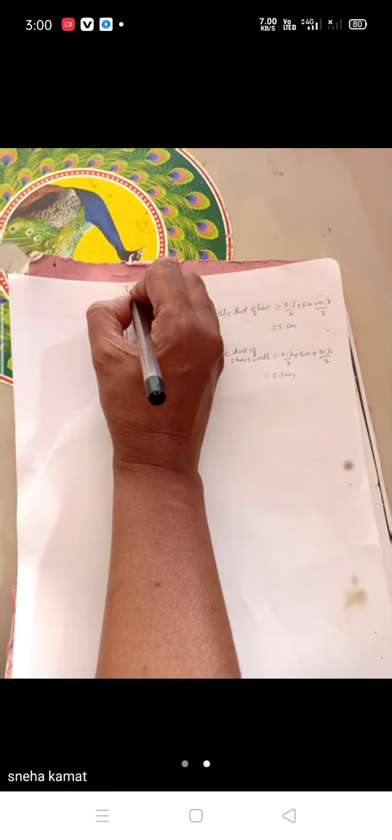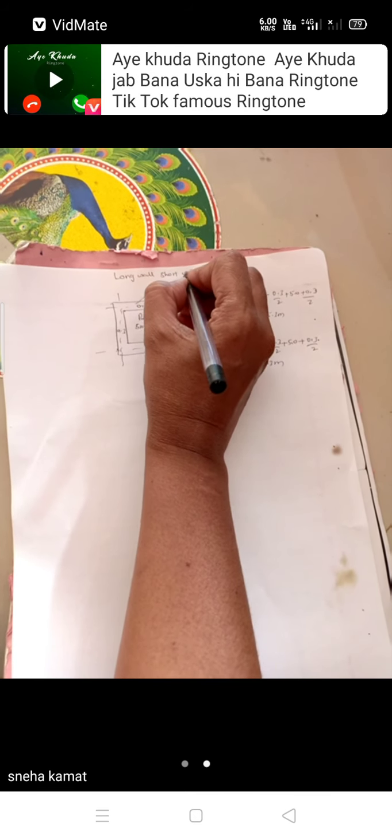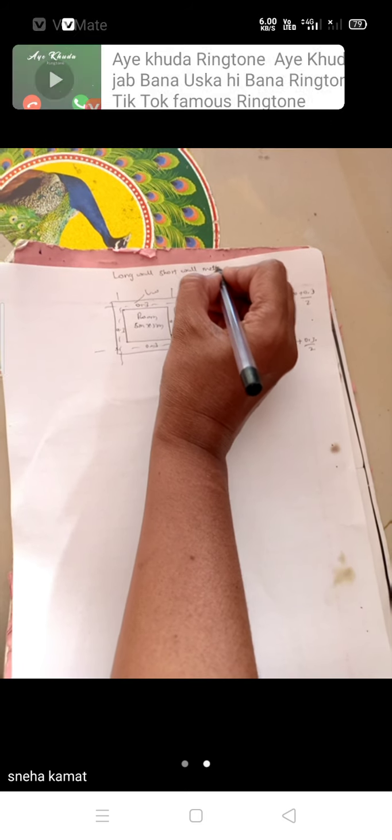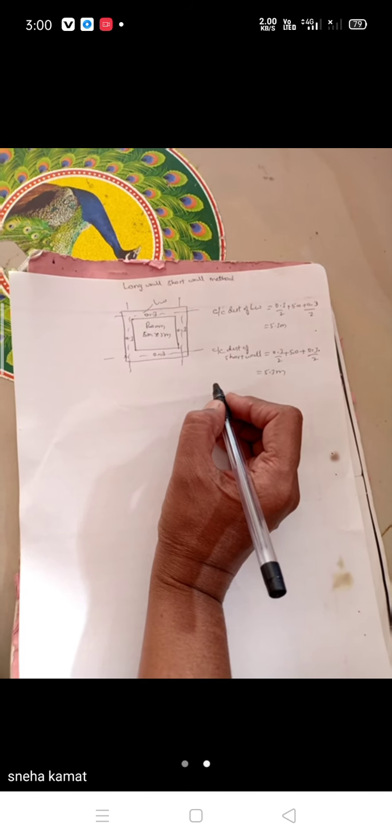So by the long wall short wall method, you can see yesterday we started to solve the estimate of a single room.